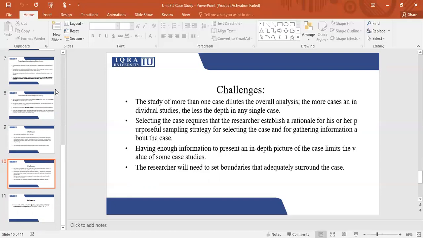You will use a purposeful sampling strategy for studying that case to gather the data. You will need to have an in-depth picture of everything that was happening. So before choosing a case, you need to make sure that you have access to all of the information there, that you can interview them, and you have access to their documents and their reports as well. But you need to set your boundaries as well, how much you're going to present and what can be presented, because of the confidentiality and anonymity of the companies as well.